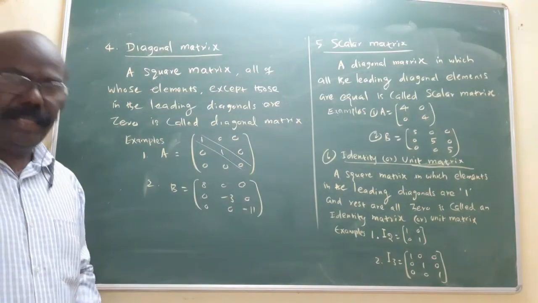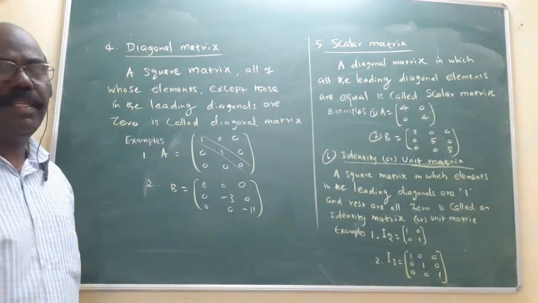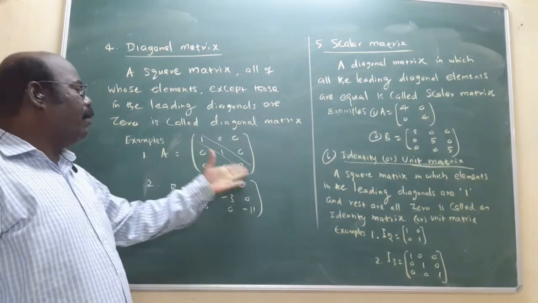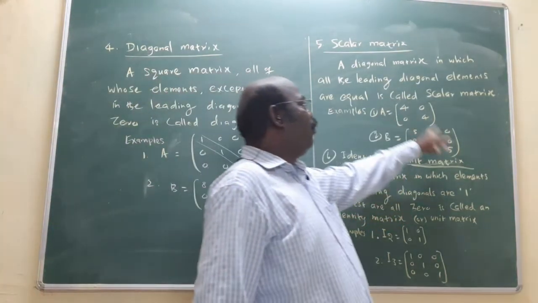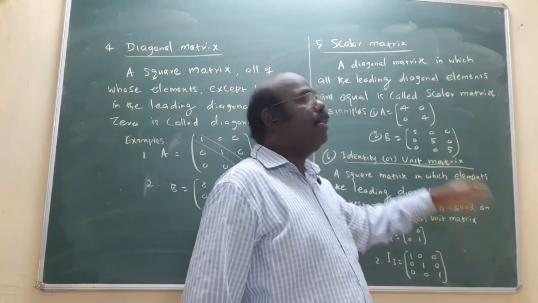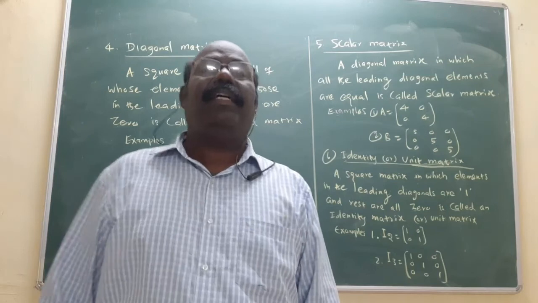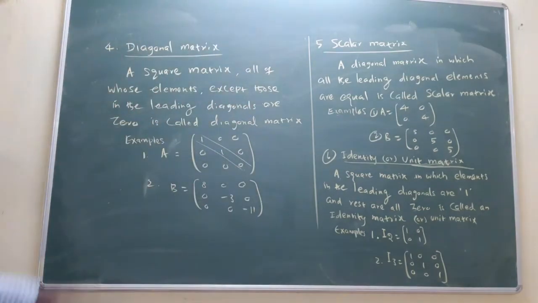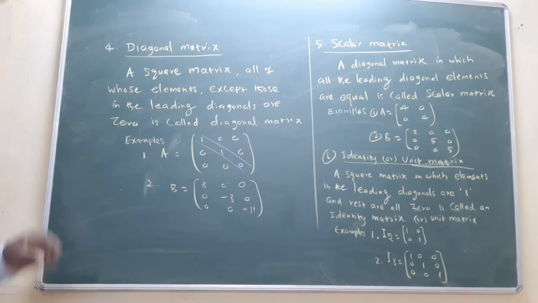All are square matrices. You consider only the leading diagonal, and the rest are all zero. Different numbers on the leading diagonal are involved in a diagonal matrix. Equal numbers, like 4, 4, 4, or 5, 5, 5, or 6, 6, 6, that is called a scalar matrix. Equal 1, 1, 1 is called a unit matrix. Read the definitions. All are the same concept only. You must follow the meaning of diagonal, scalar and unit matrix. All involve only the leading diagonal elements.